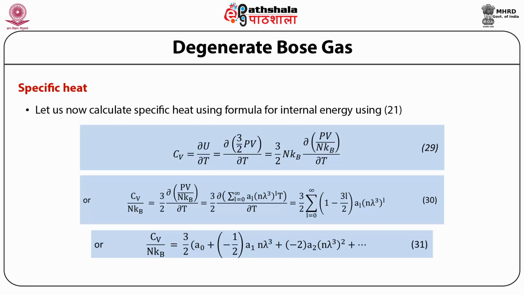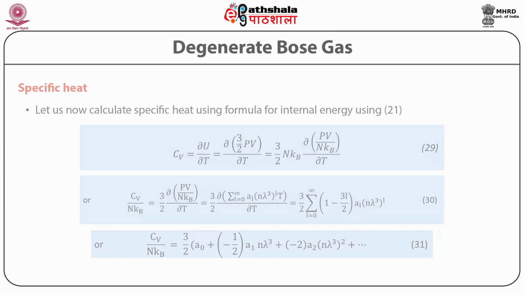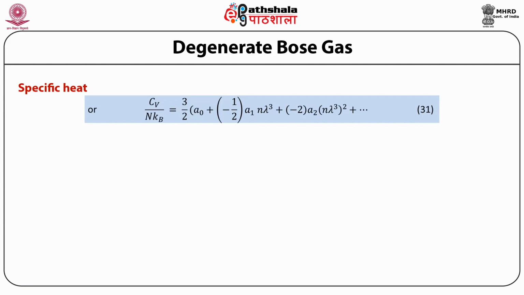3/2 multiplied by A0 plus minus 1/2 multiplied by A1 multiplied by n lambda cubed plus minus 2 multiplied by A2 into (n lambda cubed) raised to power 2 plus so on. That is, specific heat at constant volume divided by n k_B is equal to 3/2 multiplied by A0 plus minus 1/2 multiplied by A1 multiplied by n lambda cubed plus minus 2 multiplied by A2 multiplied by (n lambda cubed) raised to power 2 plus so on,